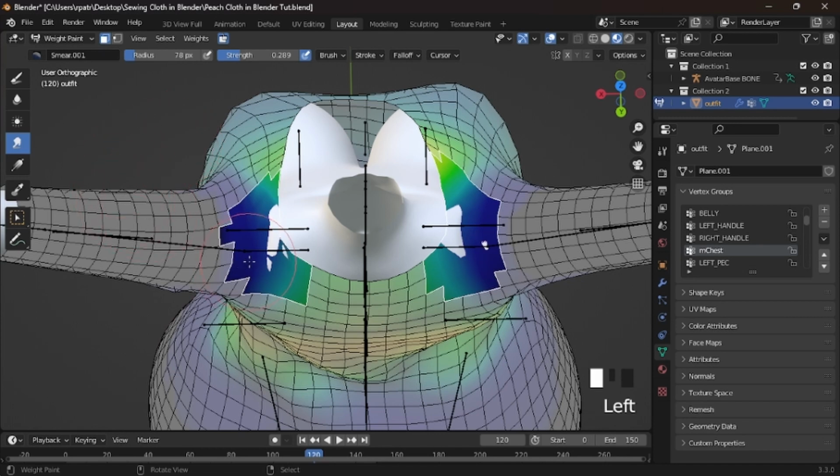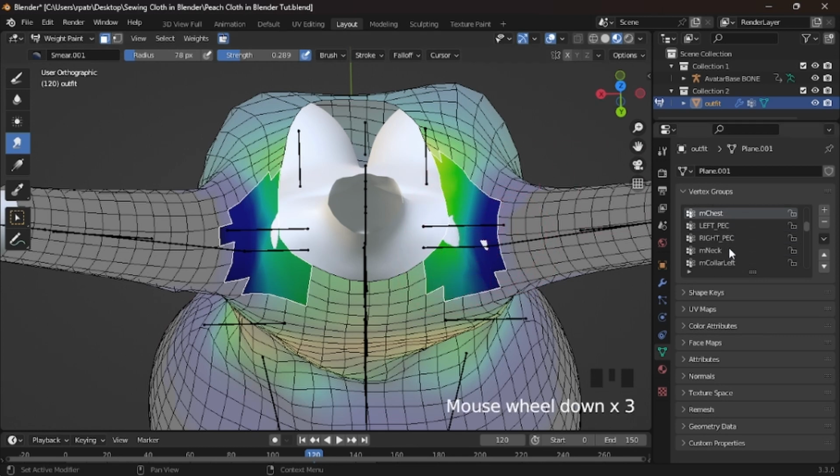I'm going to hold down my left button and I'm just going to smear this around. It's like smudging. And you see it's closing up some of the gap. And then I'm going to do the same here. And you just got to play with it. See, you don't like it down there. Okay, so next we go down to